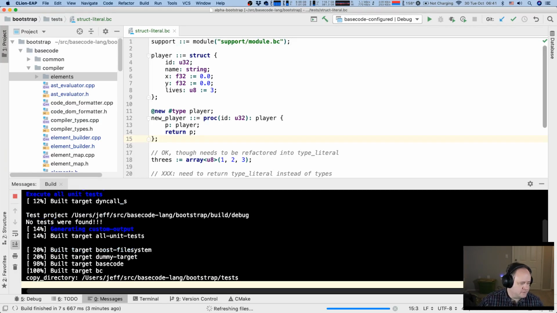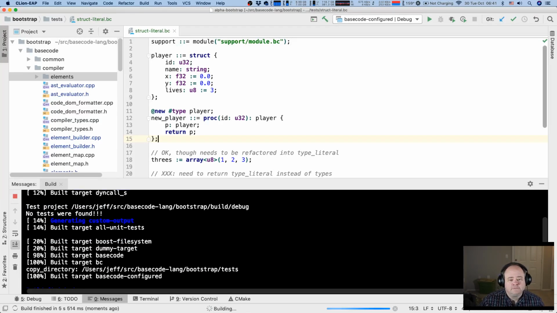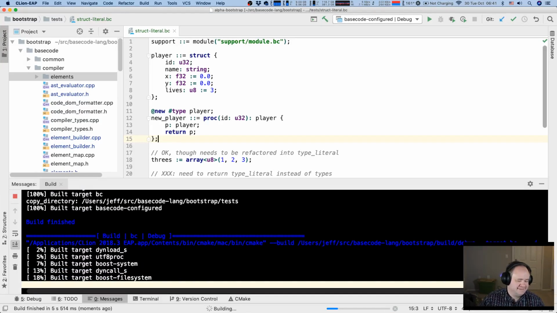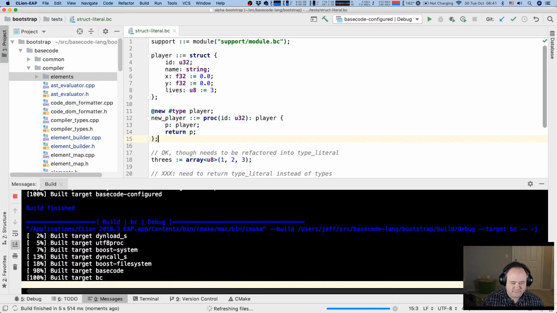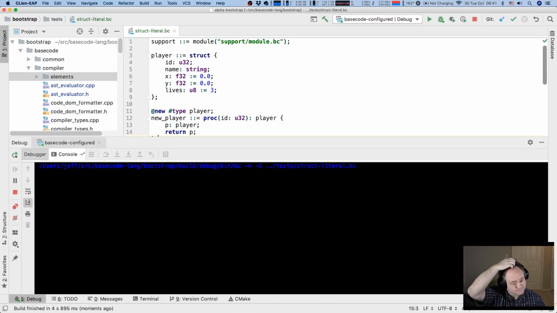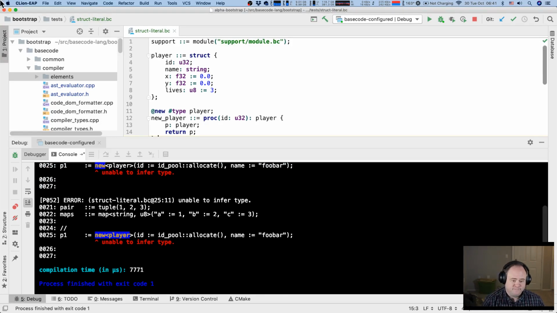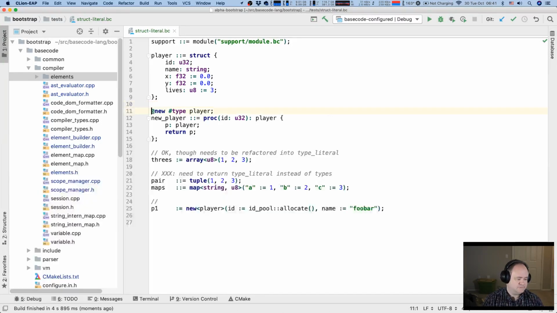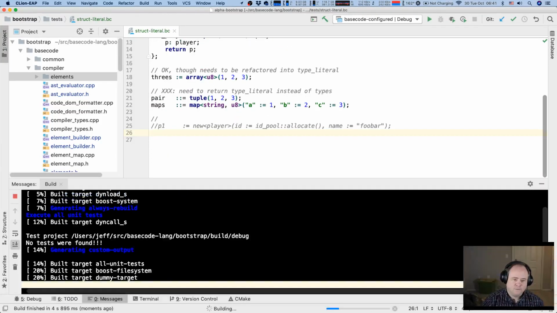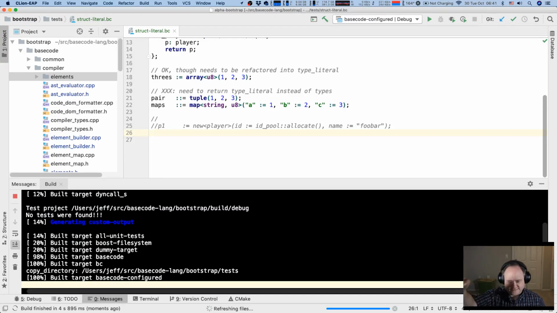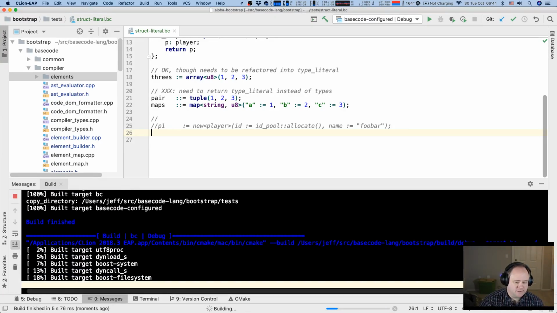I'm not sure that would even compile. That's how much I trust my own code. Yeah, okay. So this is fine. So anyway, that's where my head's kind of going with it.